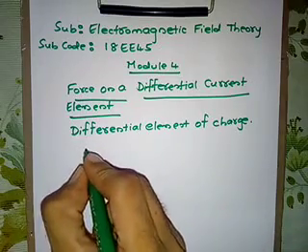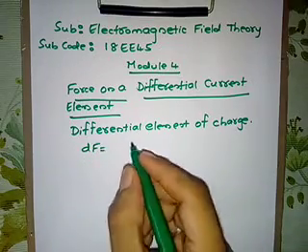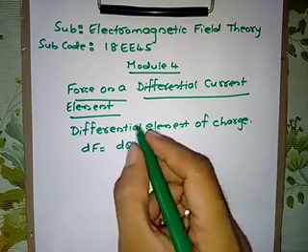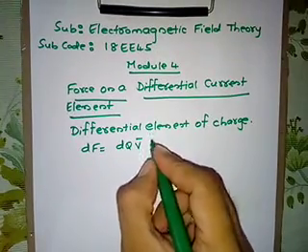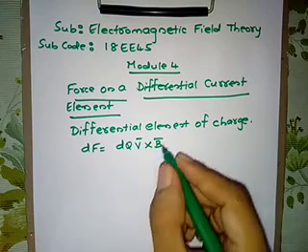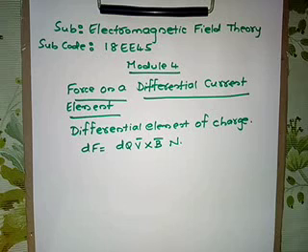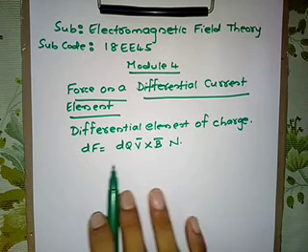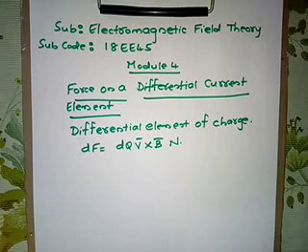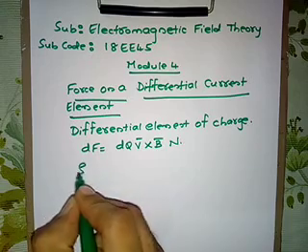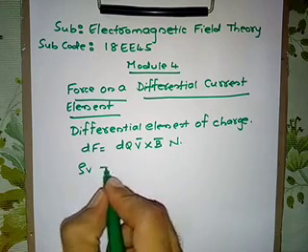We know that the force magnitude is given by dF = dq v̄ × B̄ newtons, where dq is the discrete charge. In the last derivation, we found the expression for F: F = Q v̄ × B̄. As it is for discrete charges, I have written dF = dq v̄ × B̄ newtons.